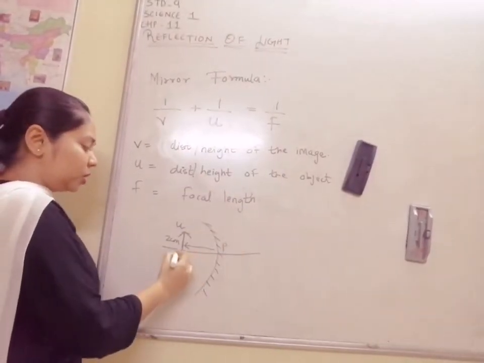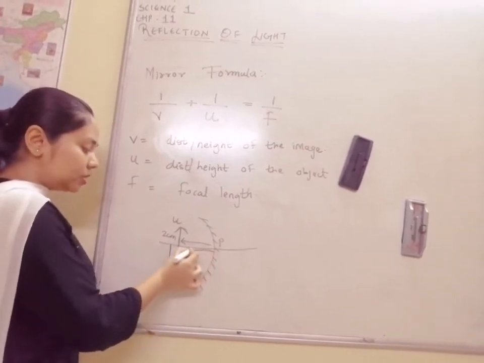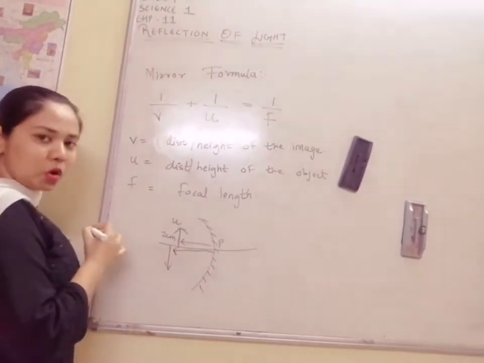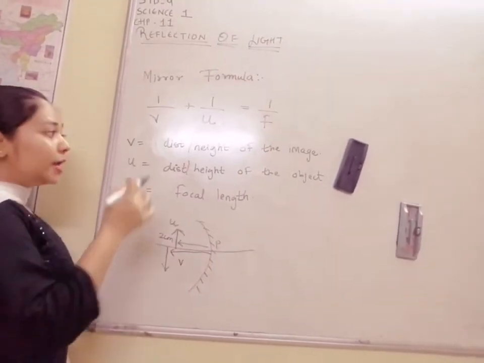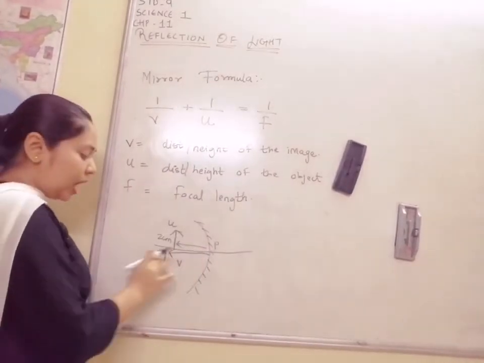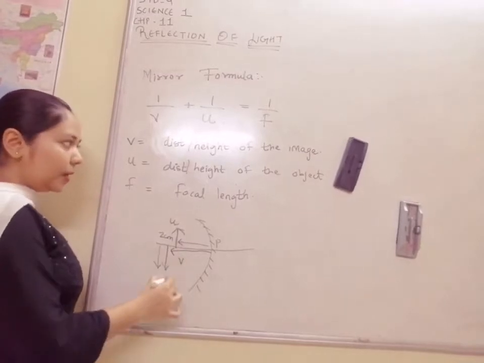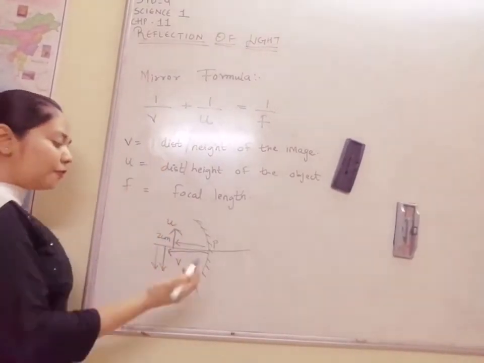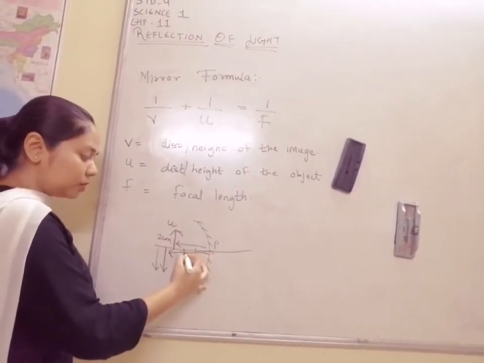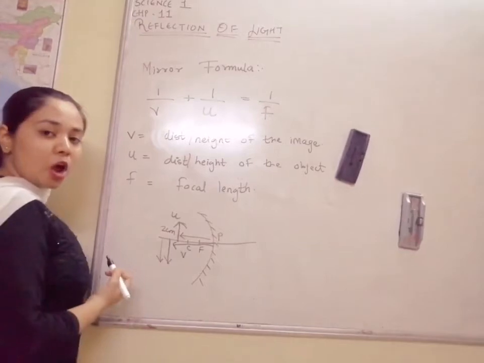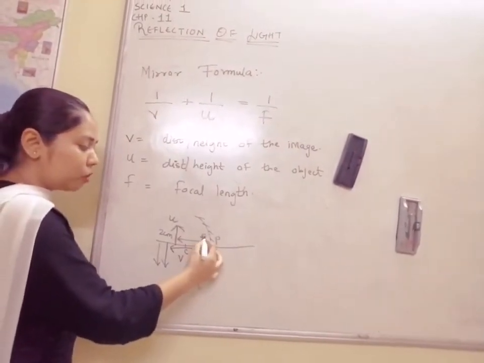An image wherever it is formed, like this, suppose this is my image formed. So also it is the distance from the pole, and that will be my small v, the distance of the image from this point, the pole. And also if the distance is not given, you can take the height of the image, and that is nothing but v. And the focal length is always given. This is my center of curvature, this is my principal focus, so this particular length will be my focal length.